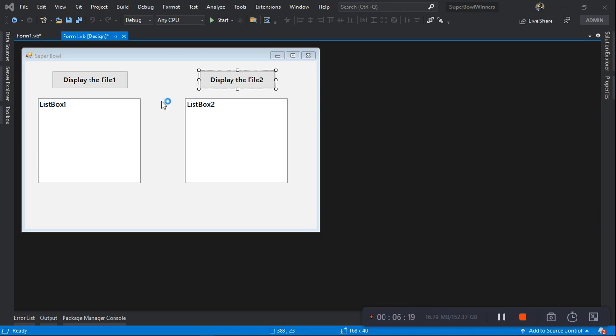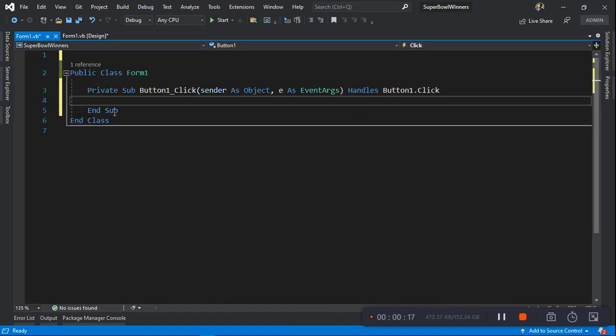This interface explains how we can read in files in Visual Basic. Now let's use this, and we want to read two separate files. One will show here, the other one will show here, once we click on this button. Let's start with this one. Click on this button, then write code inside. But before you start the code, first of all,